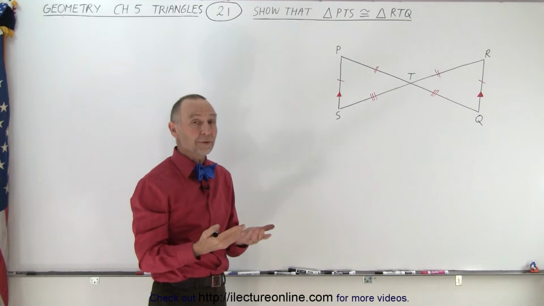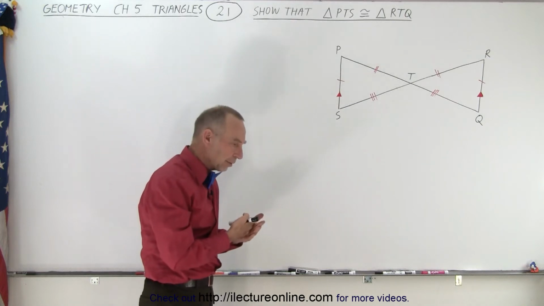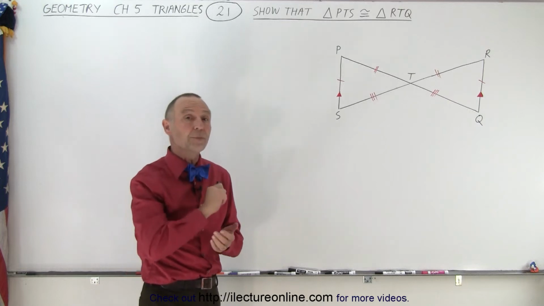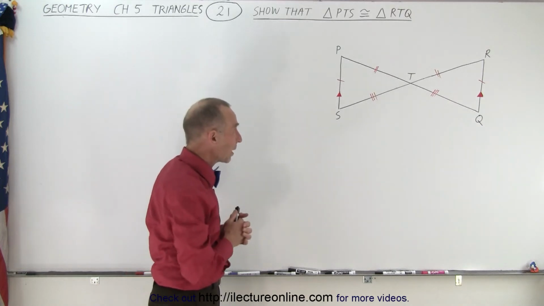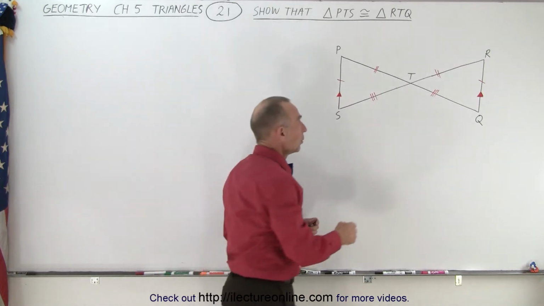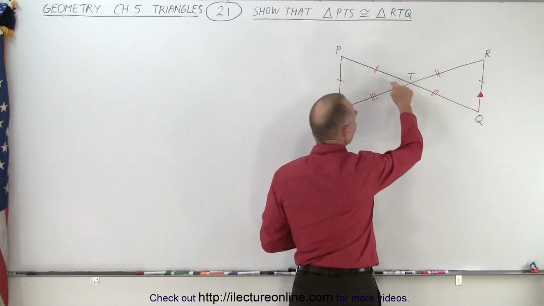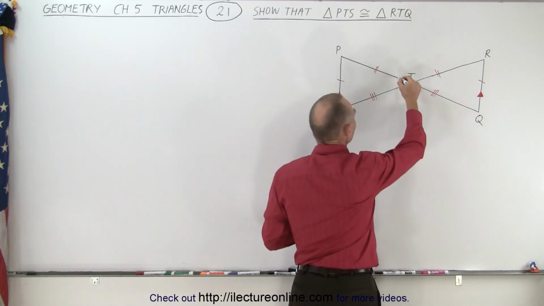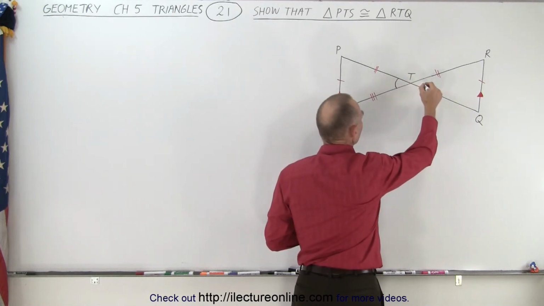But we can go one step further, because we know that all the corresponding sides should have the same length, but all corresponding angles should have the same angular measure. So let's see if that's true as well. Notice that these are two opposite angles, and we know by definition that those are indeed the same. They have the same angular measure, so the angular measure of this angle must equal the angular measure of